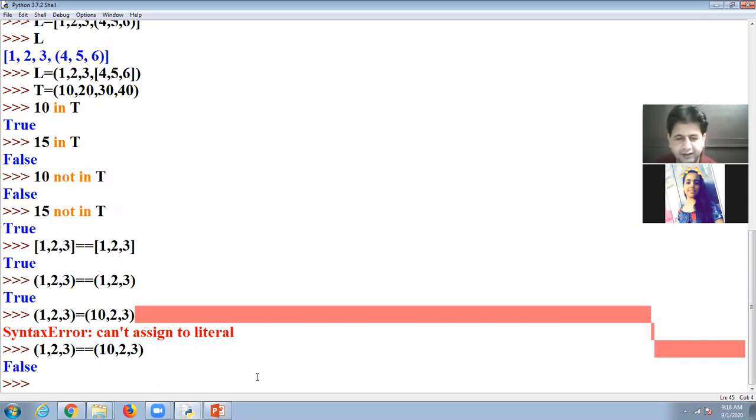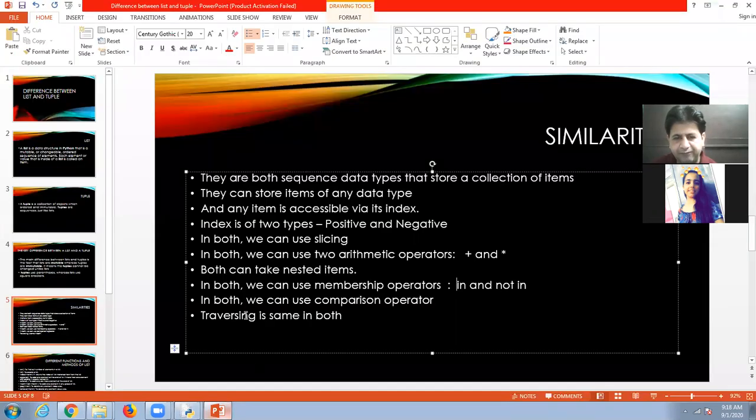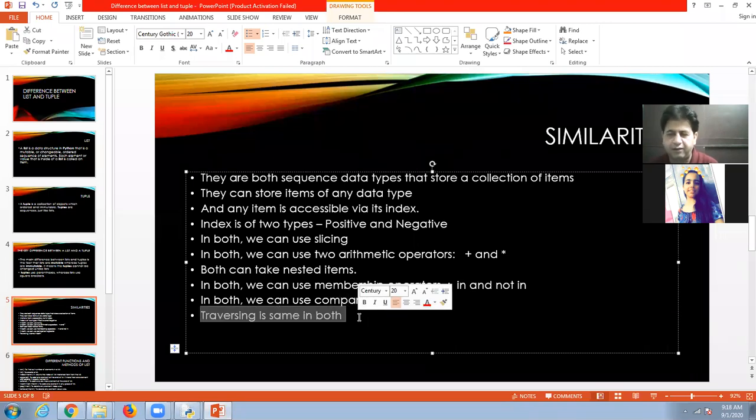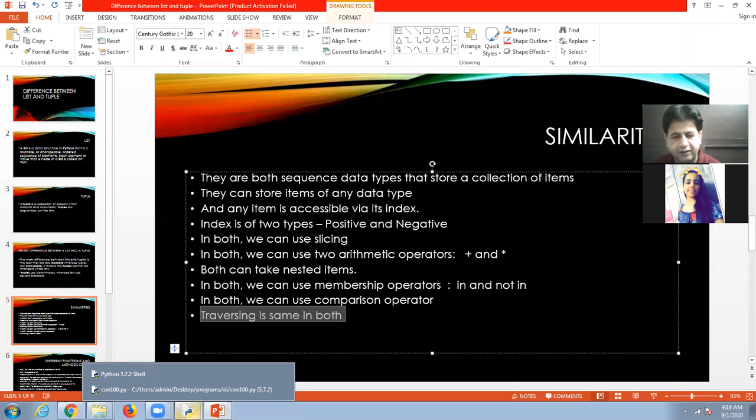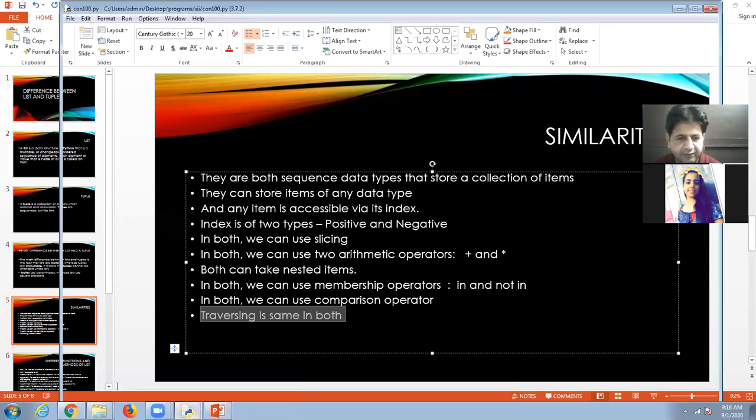So next similarity is traversing. Traversing means navigating. It means going from one element to another element. For example, look at here.